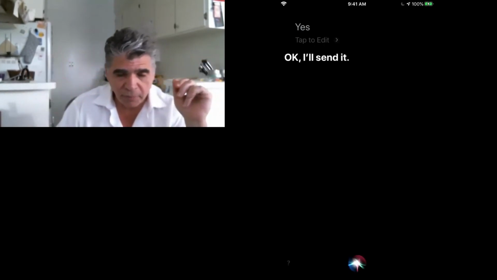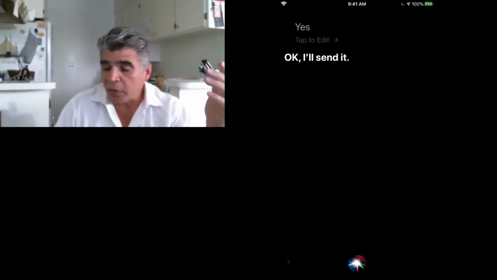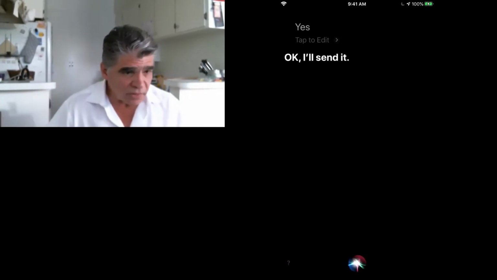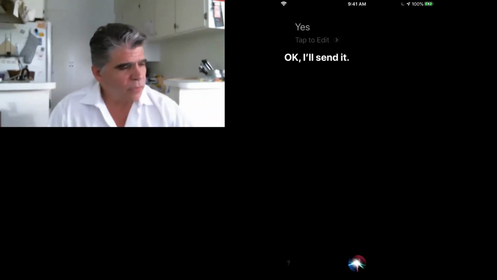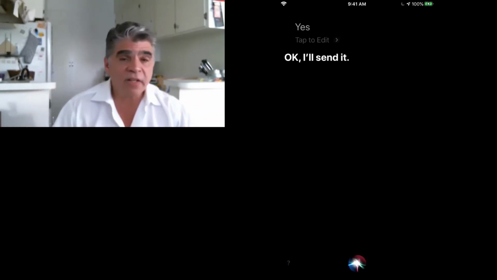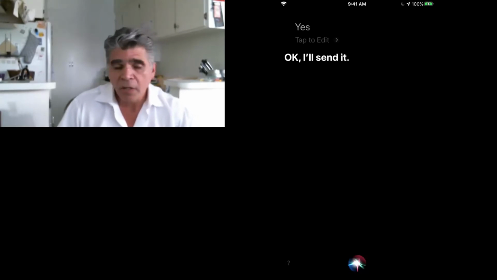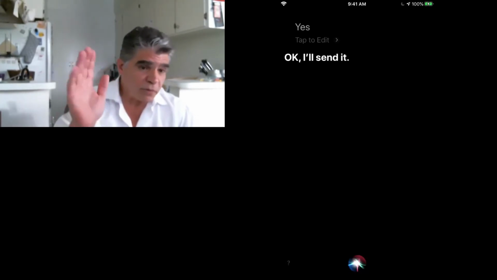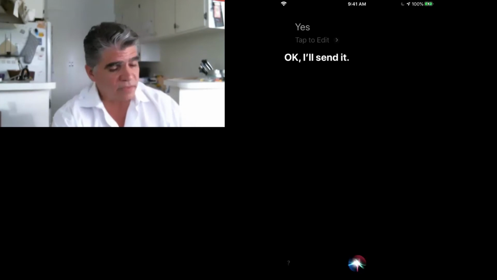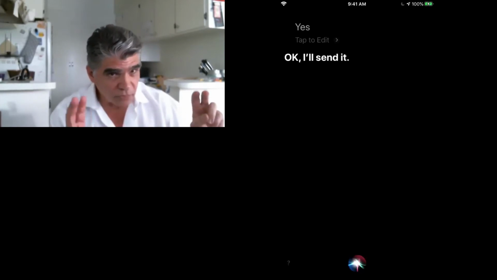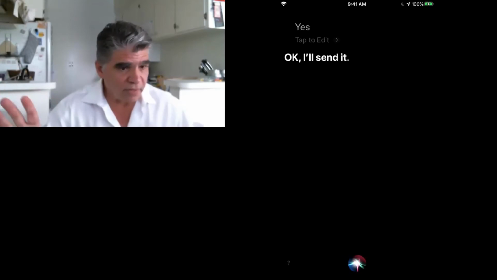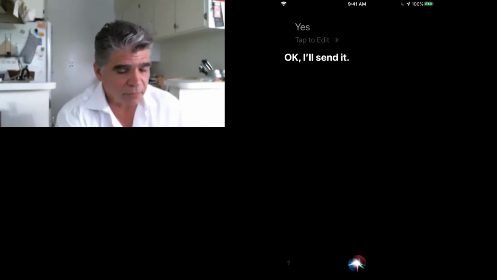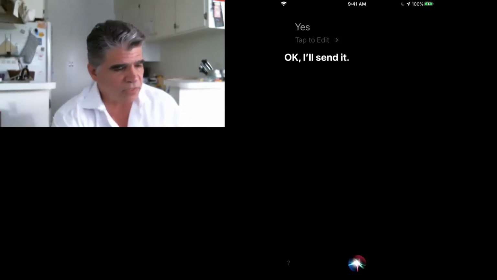So that's nice. Hands-free. You can do this while the phone is sitting on the table. You can do it while you're in the car. Hands-free, nice and safe. Okay, let's see what else we can do. Let's send a text message. Here we go. So I'm going to use my finger because I don't want to take my chances on those magic words, the hey and the who, because it's waking up everything in the house here. So I'm going to use my thumb, but I'm going to say,